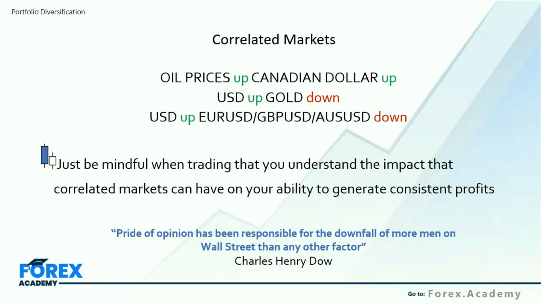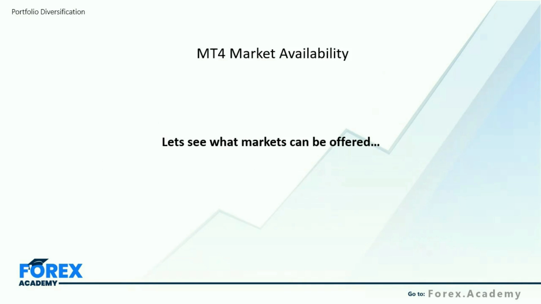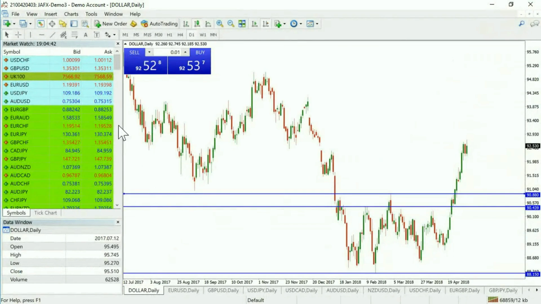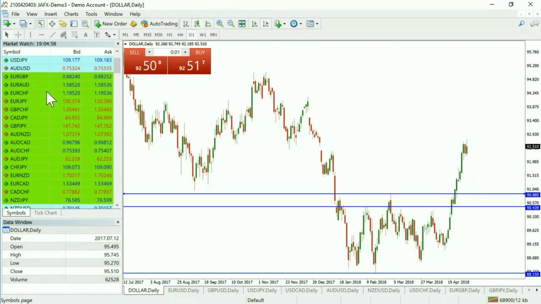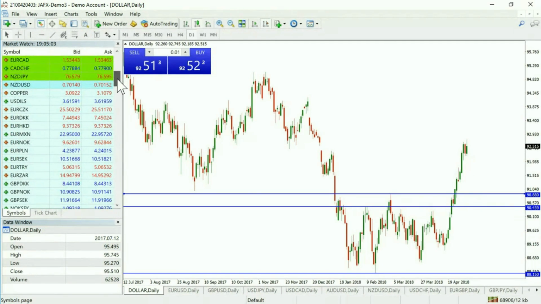So moving on then to the MetaTrader 4 market availability, for example. So let's see what markets can be offered through certainly a MetaTrader 4 platform. And where you will locate all of this information is in two places. Firstly, the Market Watch. So we can see they're all color coded. We can see the blue represent currency markets, and there's majors. We've also got some minor currency markets there in green, and we've also got exotic markets currently on the left